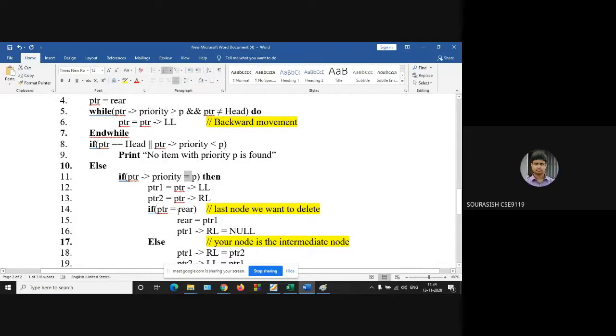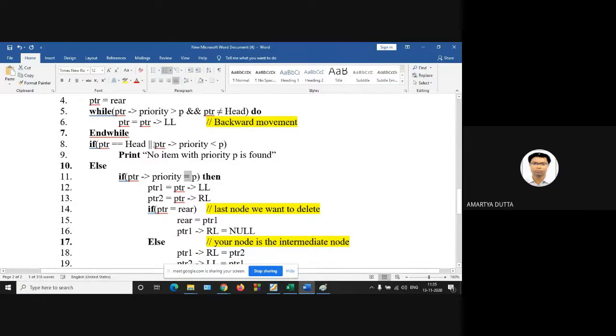No, according to me, on the fifth line it is PTR priority greater than P. There it can be PTR priority equal to P. So once we encounter a node with the particular priority, we can directly delete it. There's no point looking forwards or backwards. We are just concerned about that particular node, no? That is what I was asking.